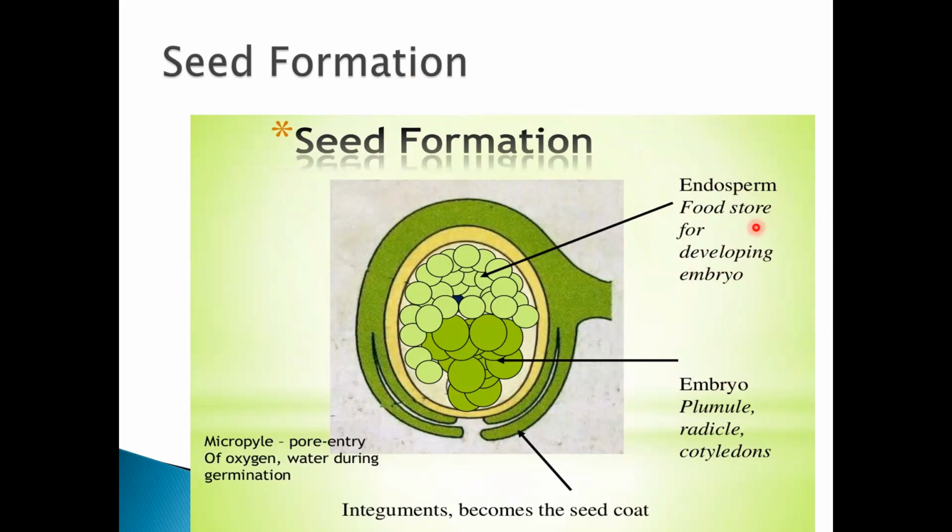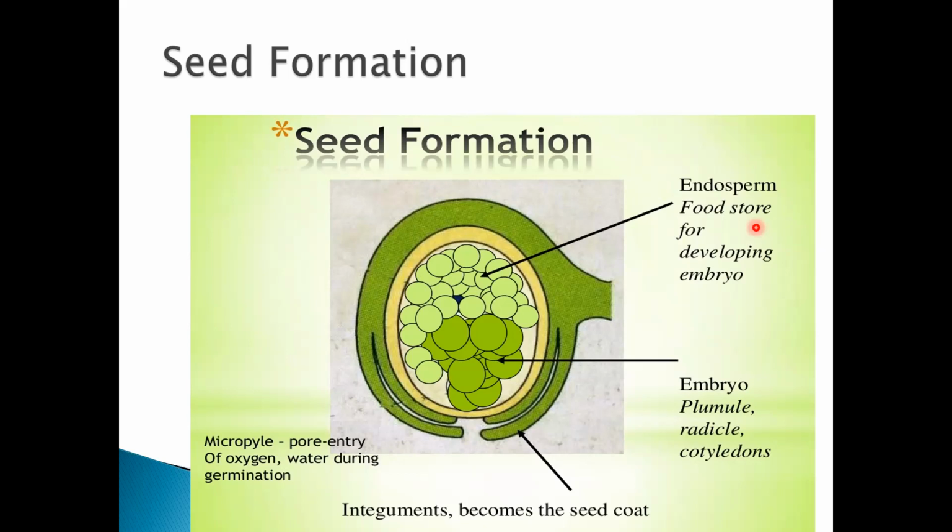But in some of the seeds, the endosperm remains, students. Endosperm provides nourishment to the developing embryo. But in some of those seeds, the endosperm remains. Now, what are those seeds called? So until now, you have got to know how the seed formation takes place. The integuments become the seed coat, that is the testa and the tegmen. Then the micropyle, which helps in the movement of the water and oxygen. Then there is a root part, the shoot part, which we have already studied in the embryonal axis, and the cotyledons, which cover the seed.